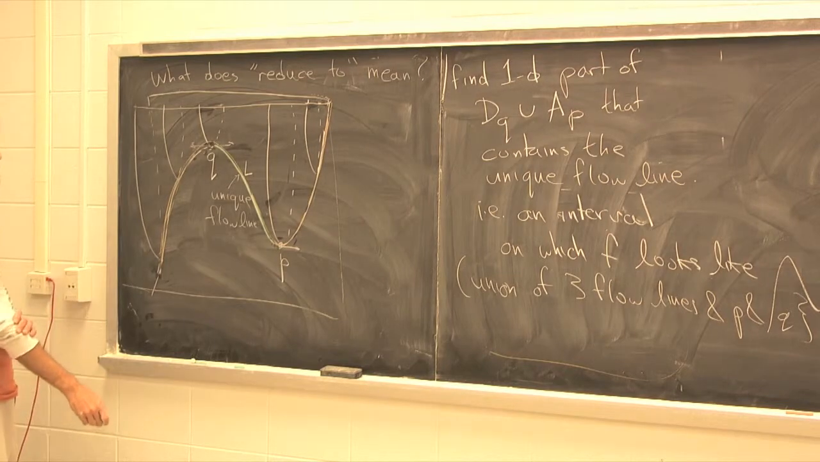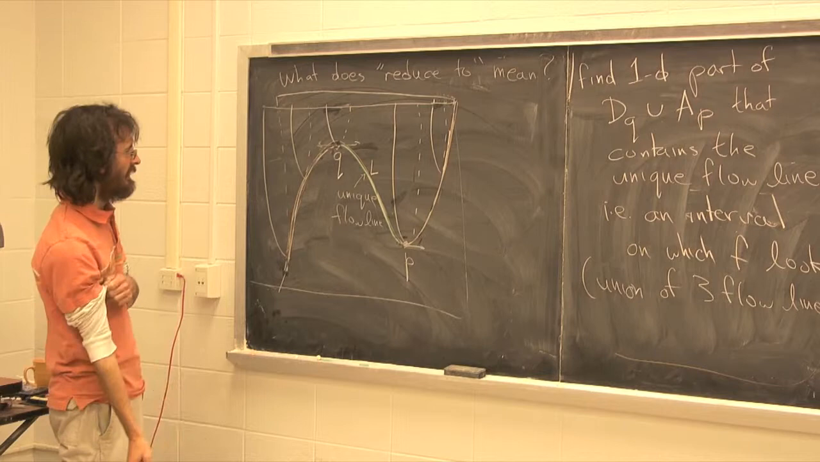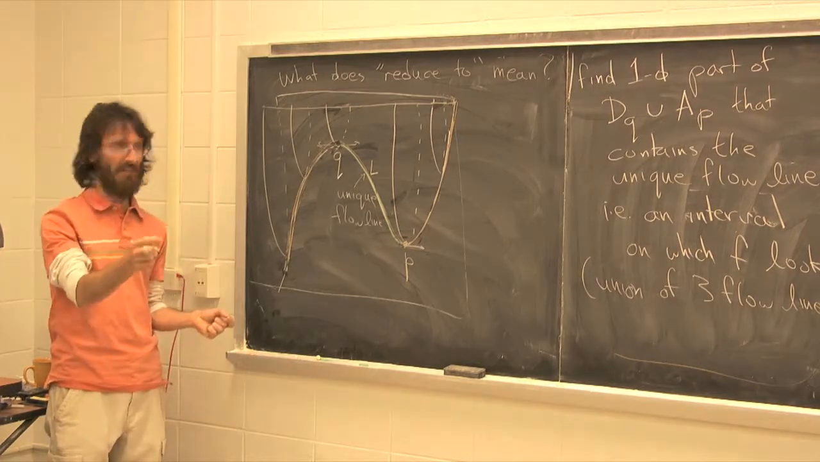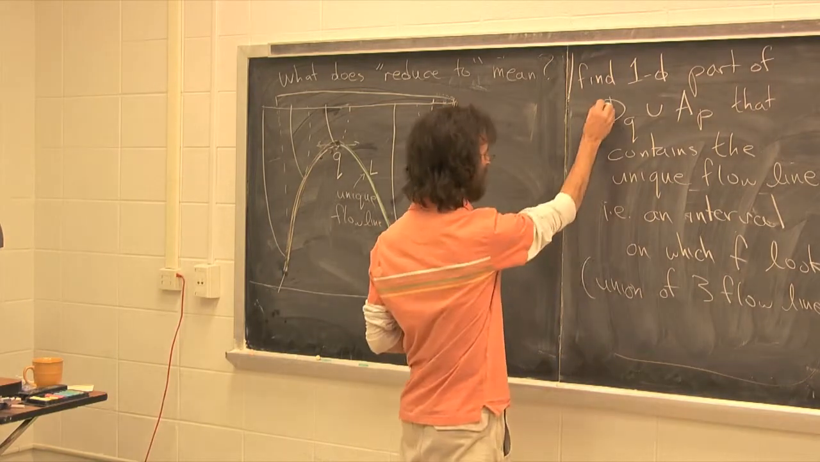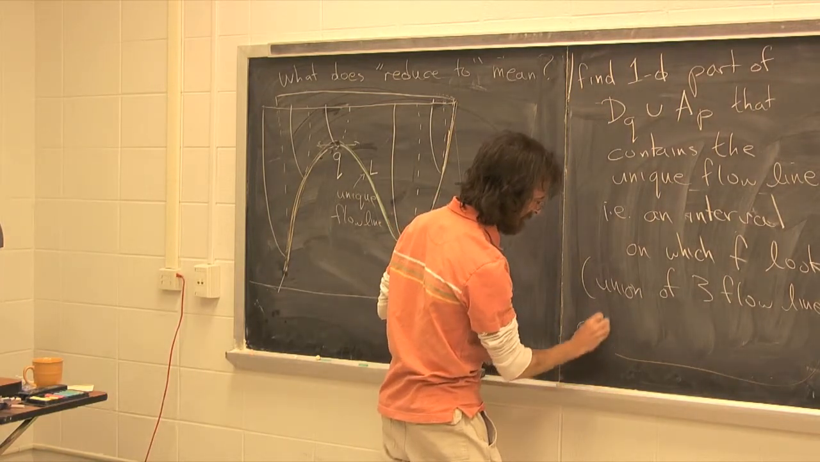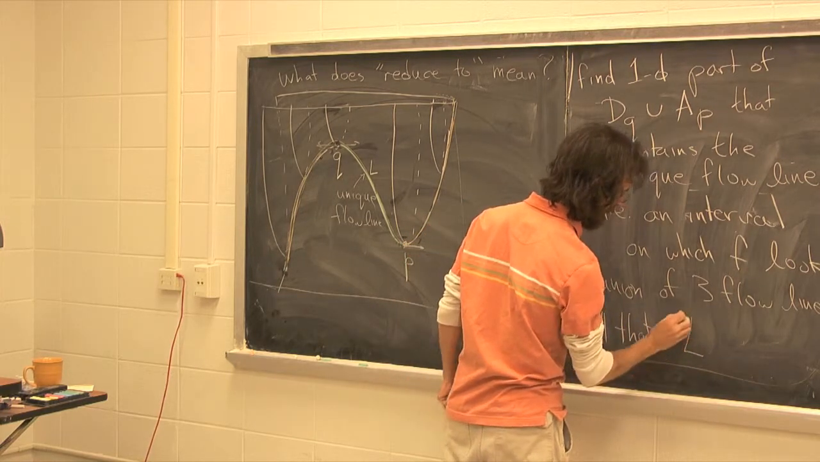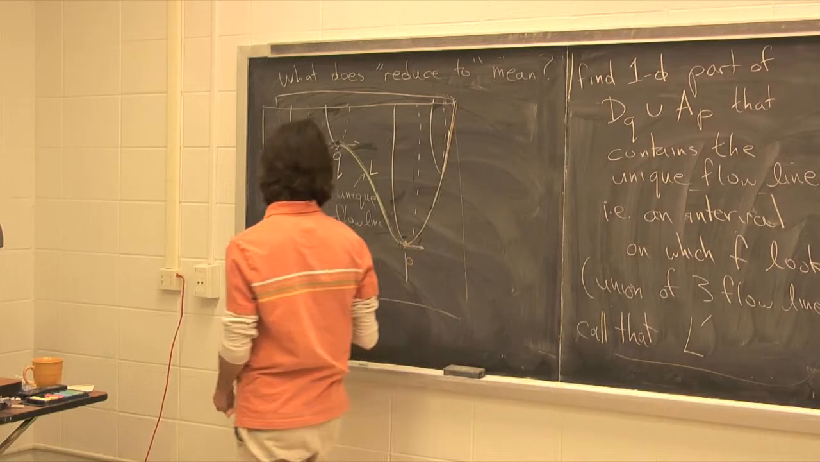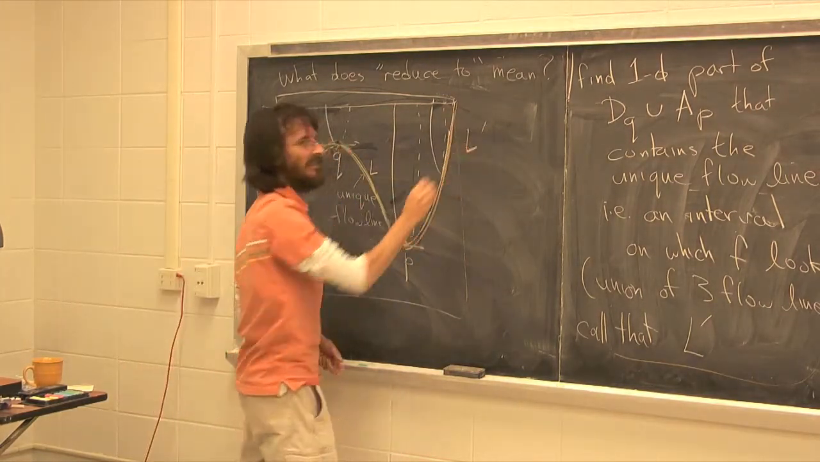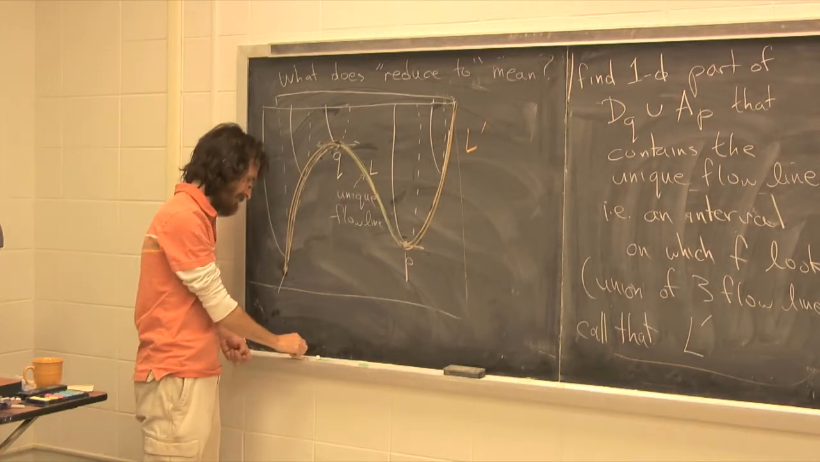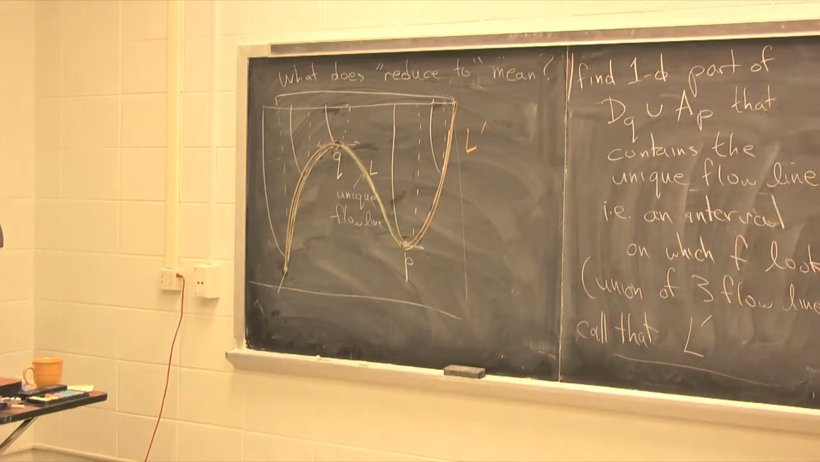And now I claim that, so this is a one manifold now. This large thing, let's call it L prime. Okay, so L prime now is this one-dimensional thing. And now I claim that in the neighborhood of L prime,